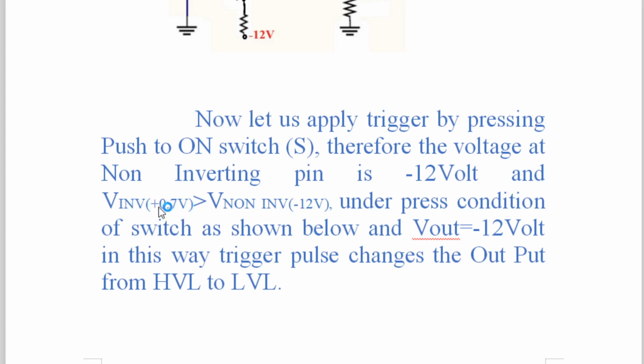Therefore V inverting, 0.7 volt, is greater than V non-inverting of minus 12 volt under press condition of the switch as shown below, and V out will be thrown to minus 12 volt. In this way, the trigger pulse changes the output state from HVL to LVL.